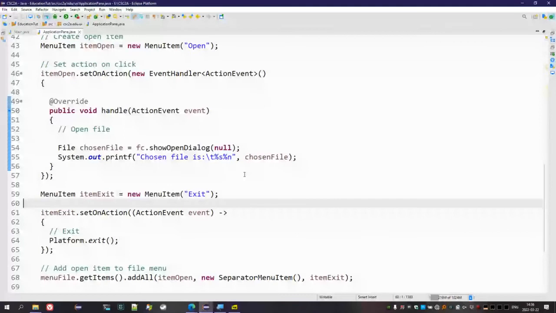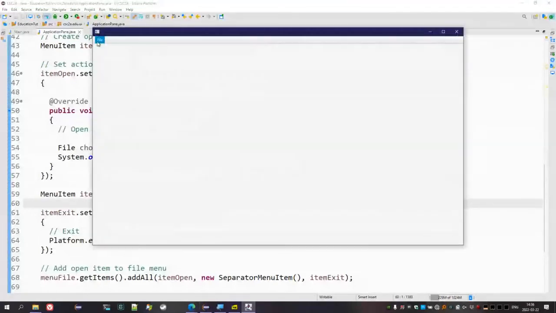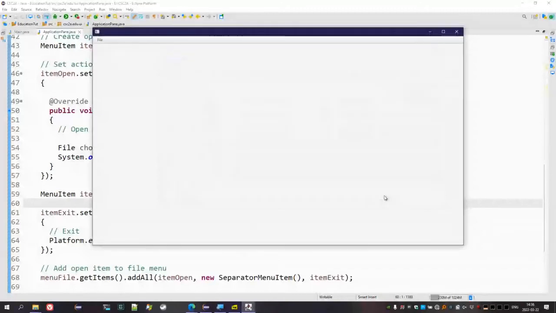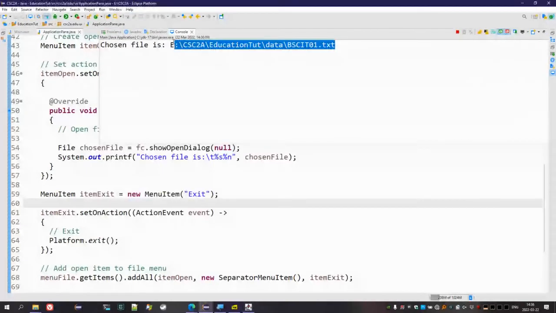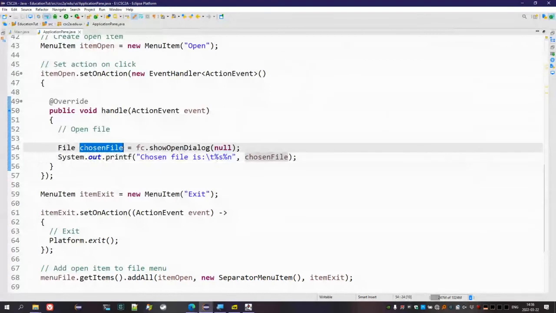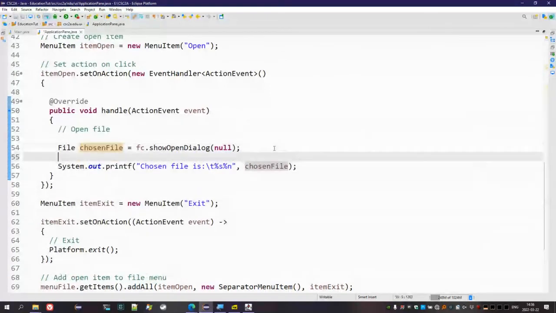And then the last one, if I click on a file and I click open, you can see it does provide a file handle that is valid. So that gives us a way to open up a specific file. Now this just gives us a file handle that's valid. It doesn't mean the file exists. Remember, we can check that with the exists method in the file handle, but now we can actually do something with that information. For example, if we have an indication of chosen file being null,